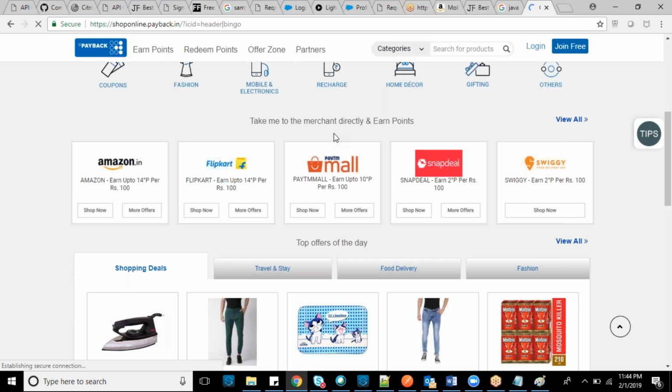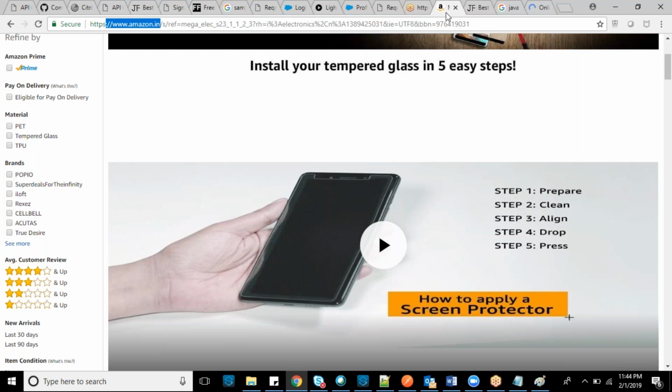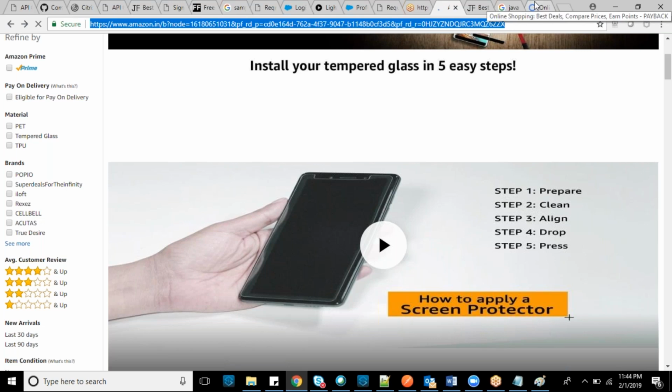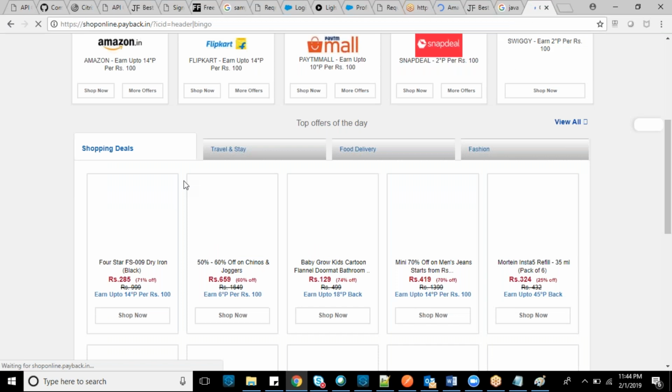Whenever I refresh or enter this website, some pre-configured URLs are there. For example, this product should come on the home page, which means it has some specific URL. This kind of URL is already predefined and kept in some place, so that whenever you refresh, you get this first.